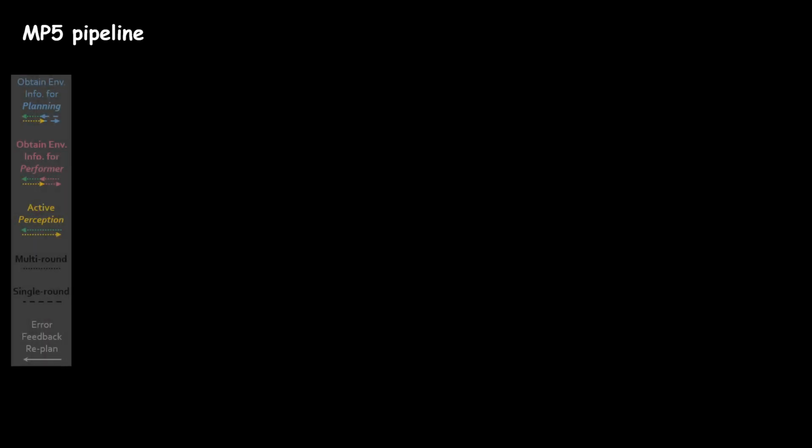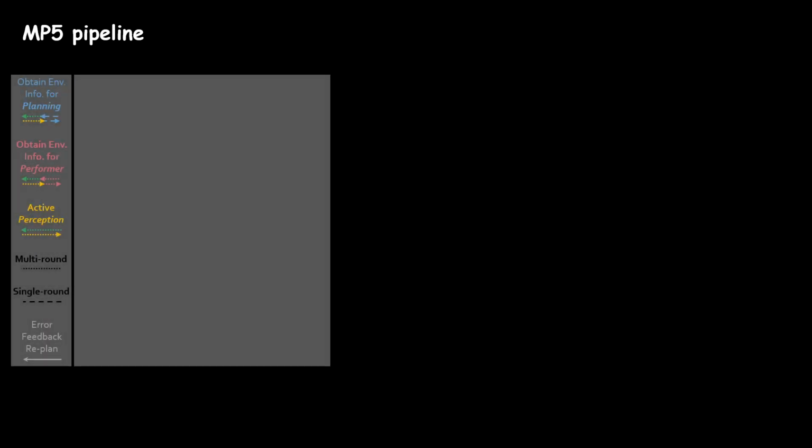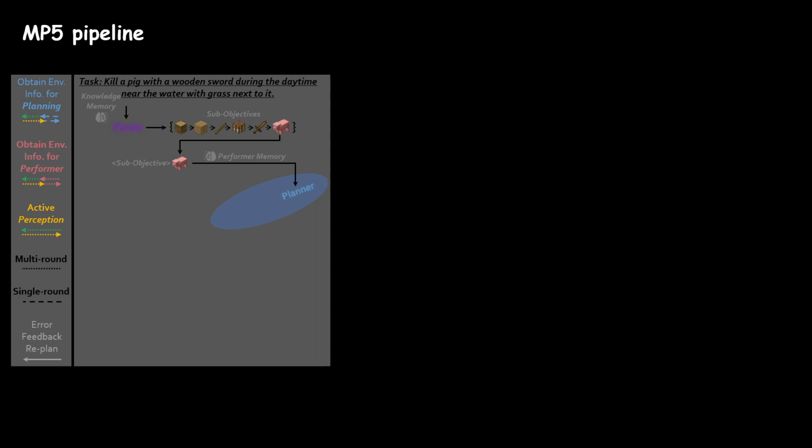Let me show you the overview of module interaction in MP5. After receiving a high-level task, MP5 first utilizes the parser to generate a sequence of short-horizon sub-objectives as a list of rich instructions in natural languages. The feasibility of the generated sub-objectives is augmented by retrieving an external knowledge memory, for example, online wiki, user tips, and etc. To one sub-objective, the planner schedules the action sequence that is grounded by the environmental information gathered by